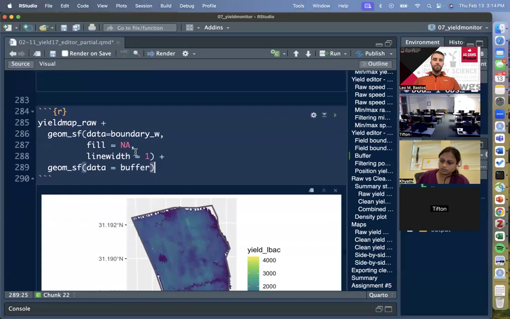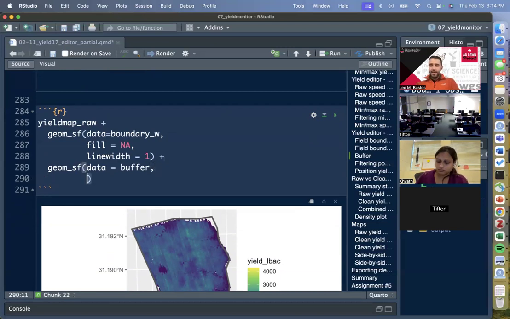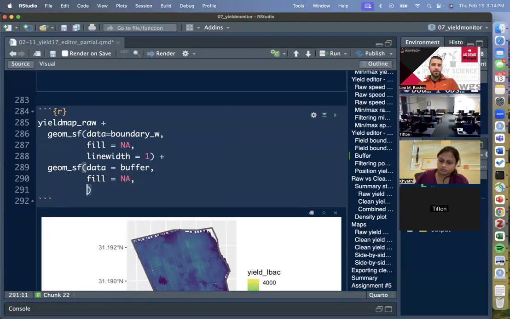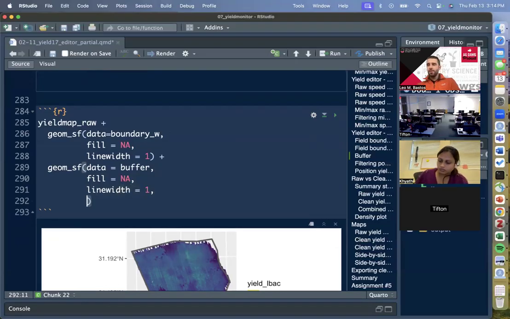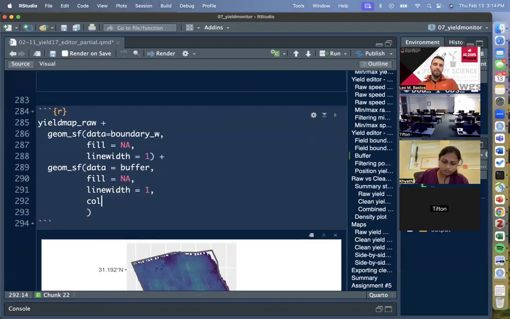I also want fill equals NA, line width 1, and a different color, color equals orange, so we can see it differently. Now, if you run this,